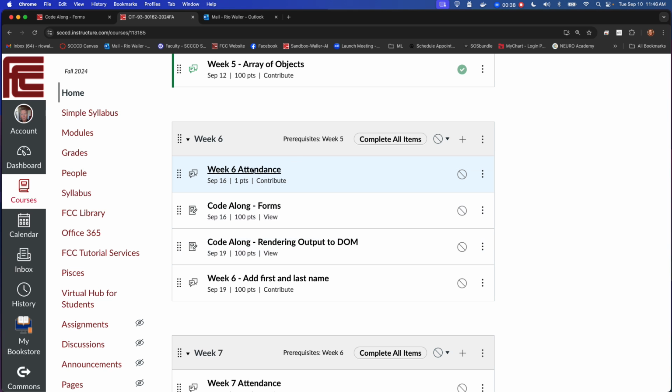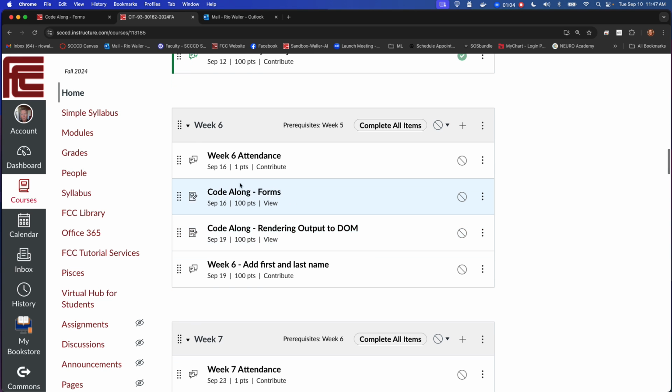But let's talk about where we're at, right? So I'll look in here in a minute because I have a couple things we need to do. But we're going to be covering forms and rendering output to the DOM. So where we've been just calling start and passing it parameters, arguments, into the start function, which calls the other function, calculates a total,